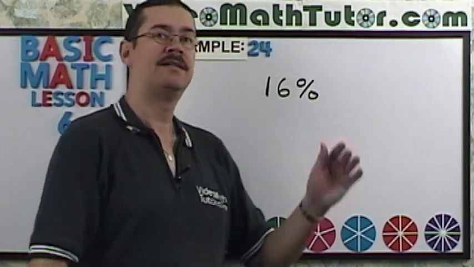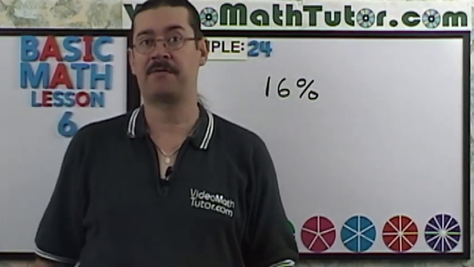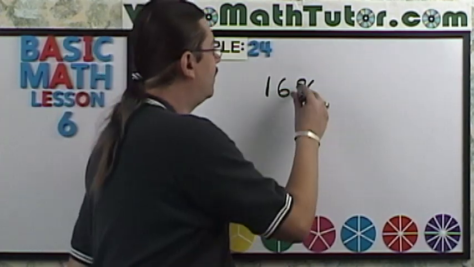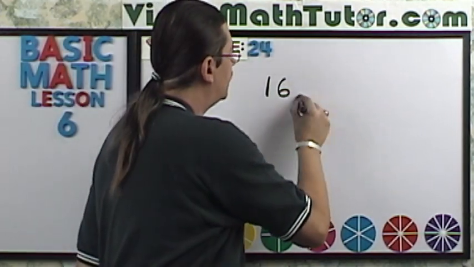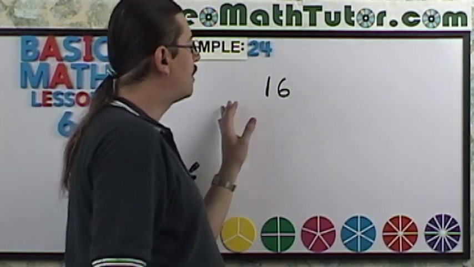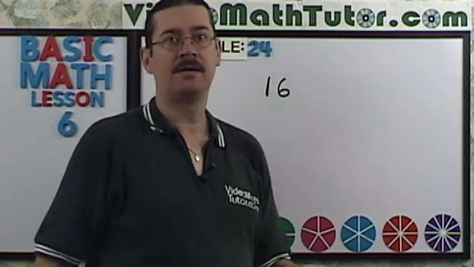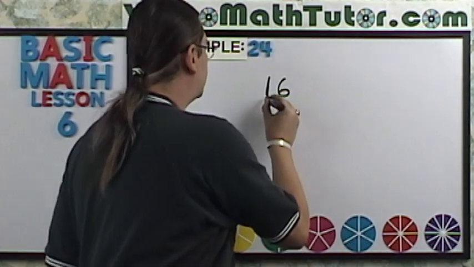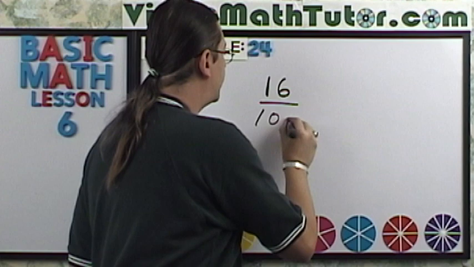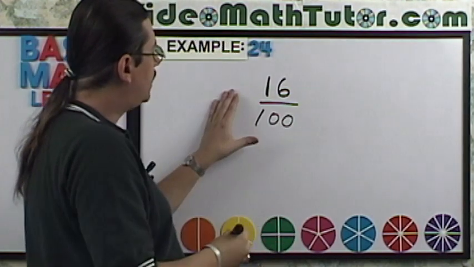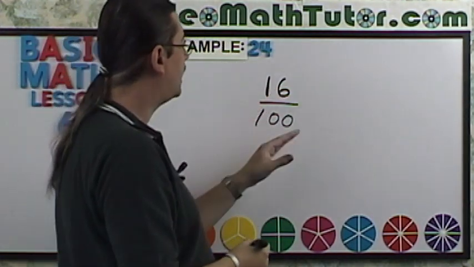Let's change 16% to a common fraction. First step, let's just get rid of this percent symbol. It's history. Then, anything we have left over, divide it by 100. So, over 100. We don't have any decimals in the numerator, so let's proceed to the last step of just